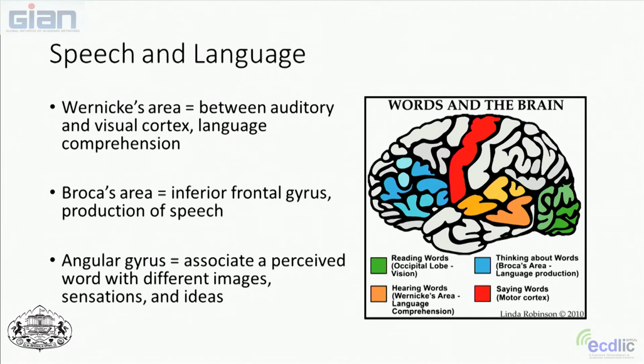Okay, we're going to talk a little bit more about some of the different functional areas of the brain and where they live. So, speech and language: we've sort of driven home this Broca and Wernicke area. I know you've seen it many, many times already. These are the areas of speech and language.